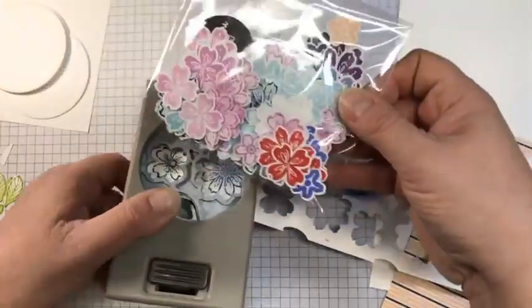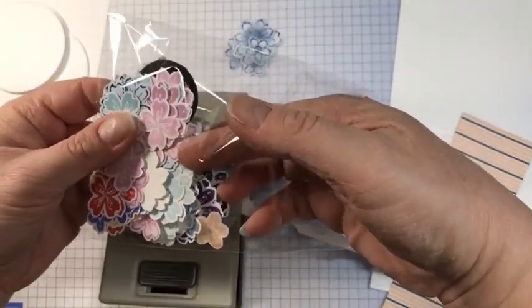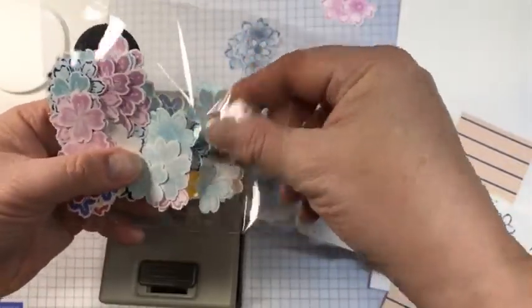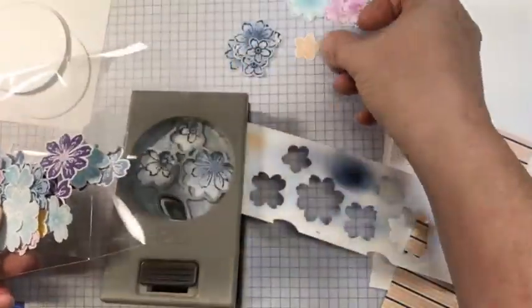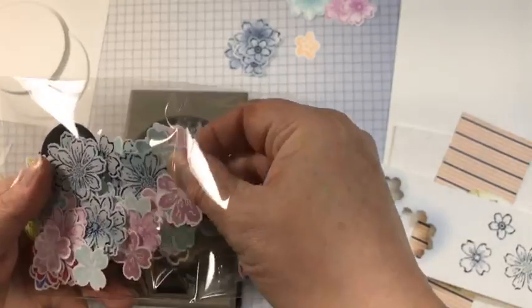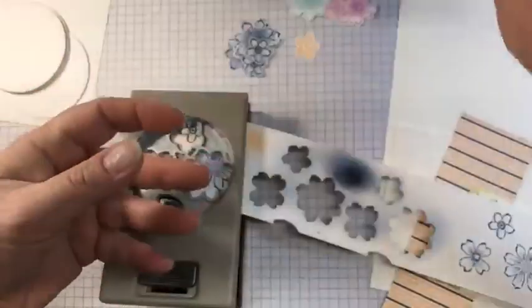But that's how I colored, see here? That's how I colored a few of these ones in here. Let me go in here for a minute. There are some freesia ones in here that are hard to see, but these ones here, I colored them with that same technique. And there should be some balmy blue ones in here with the same, yeah, right here, balmy blue. And that's a Petal Pink for sure, but I think they were just the solid ones that I did. I don't think I did the outline one, no. Nope. So, but